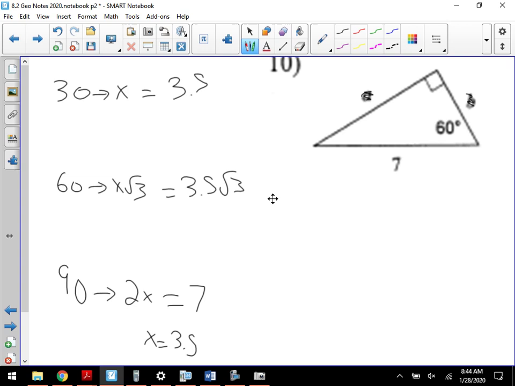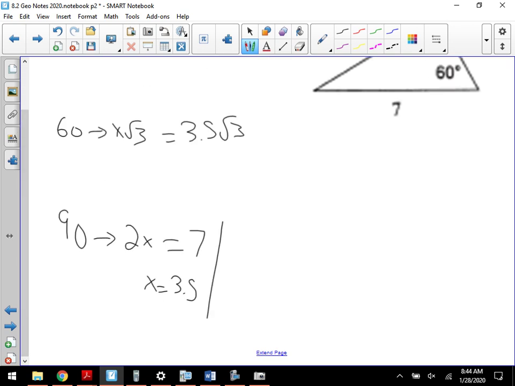The other way you could have done this, and it would have worked cleaner, is that instead of doing the straight division button, if I did x equals 7 over 2, if I left it as a fraction, and you go to the calculator,